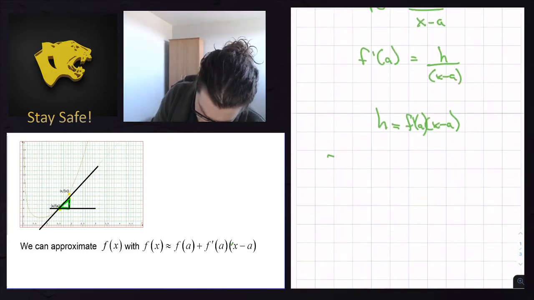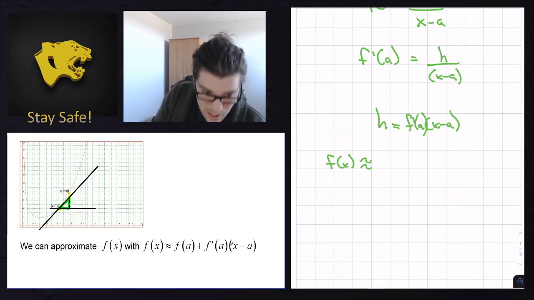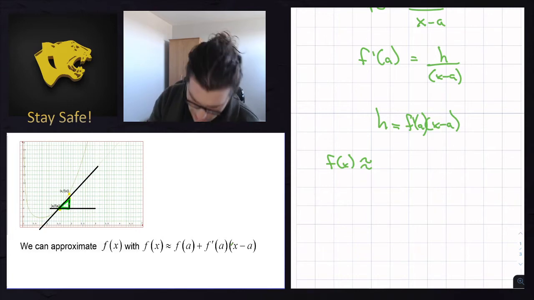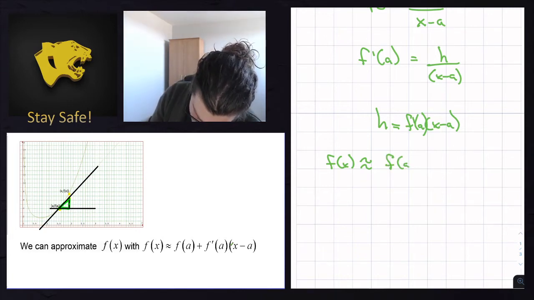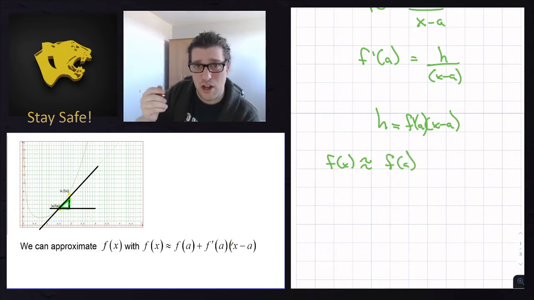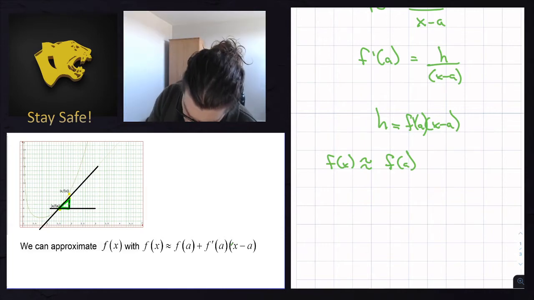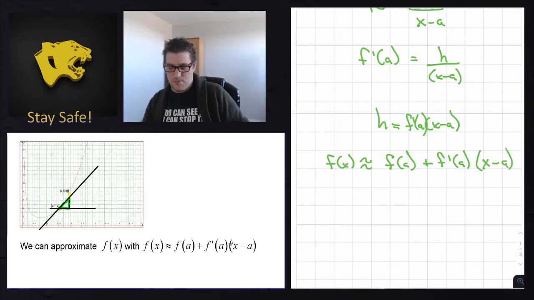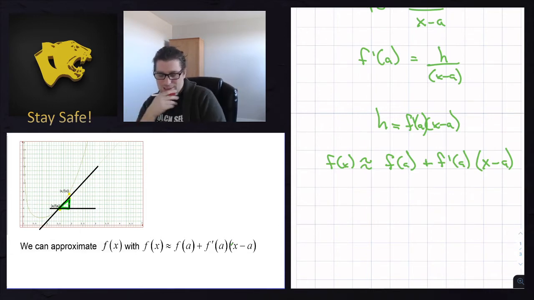Well, the value of the function at x is about equal to the original horizontal line location, which is at f of a, plus the height change, that side of the triangle, which is f prime at a times x minus a. All right, so basically what that means is we now have a linear approximation for any function